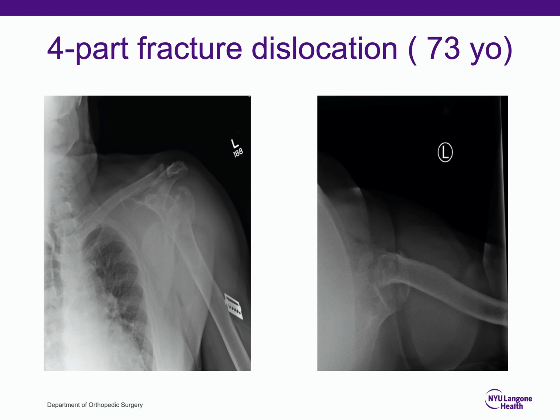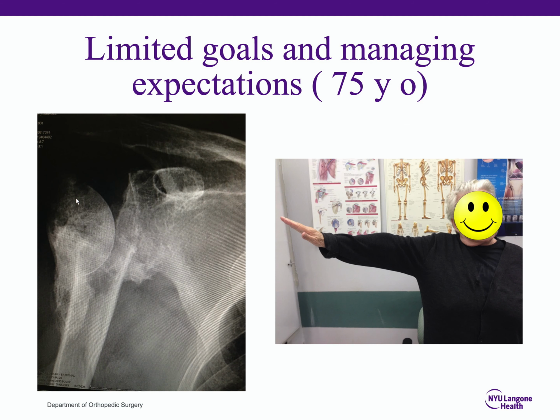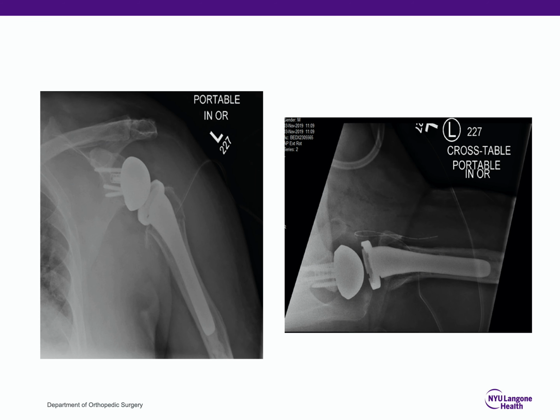primary shoulder arthroplasty. Example is this 4-part fracture dislocation. Before we talk about the treatment for this one, I want you to just understand that humerus fractures can do reasonably well as long as you manage expectations of the patient. A patient with limited goals may do very well with non-operative treatment, even though there may be radiologically indicated for surgery as seen in this patient. And this is a reverse shoulder arthroplasty done for the previous patient who proceeded to do pretty well with 120